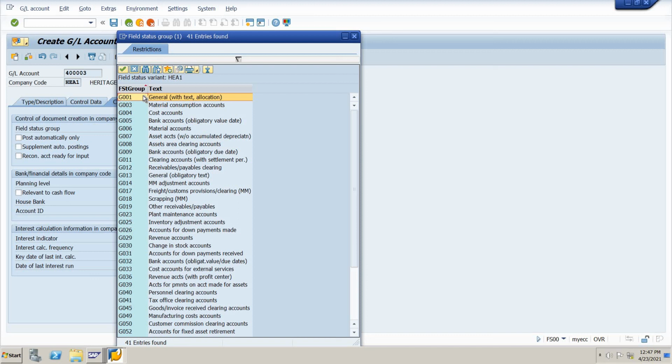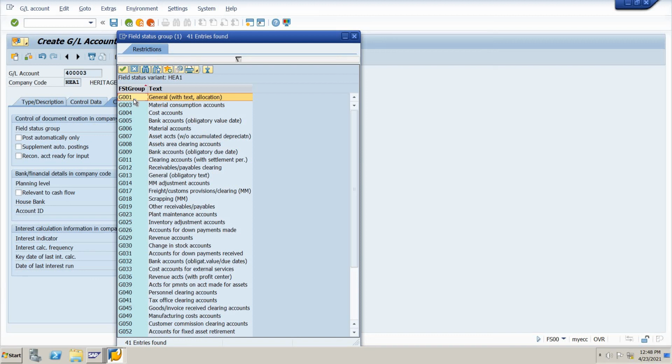So when you are going to post the document, the fields you need to fill, only those fields it shows. In OBC4, in field status group G001, we have configured the text and allocation.